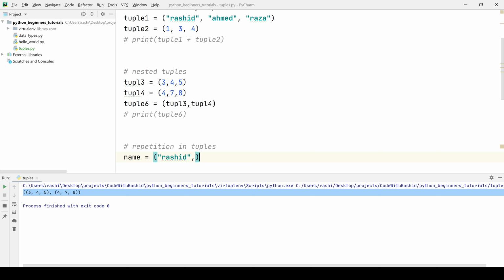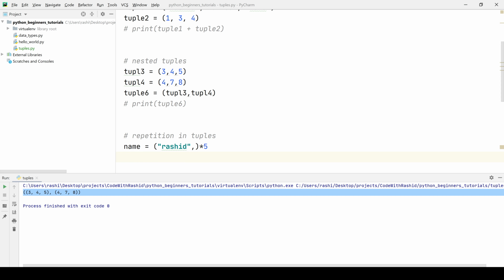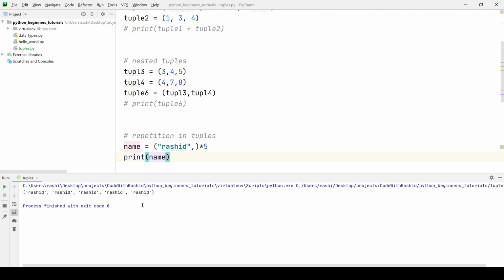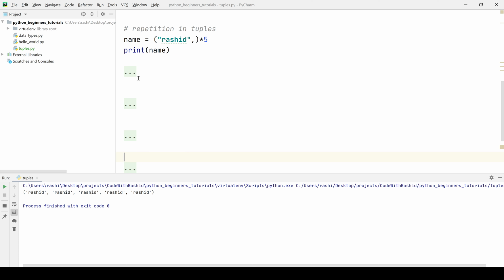For that purpose, first of all we will put a star sign here, then the number of repetitions. Let's say we will put 5. So after printing the value we shall see that we have got Rashid repeated 5 times: 1, 2, 3, 4 and 5. So this was the repetition in tuple.